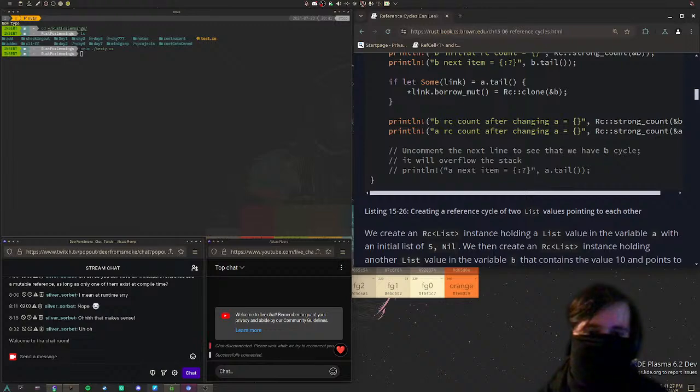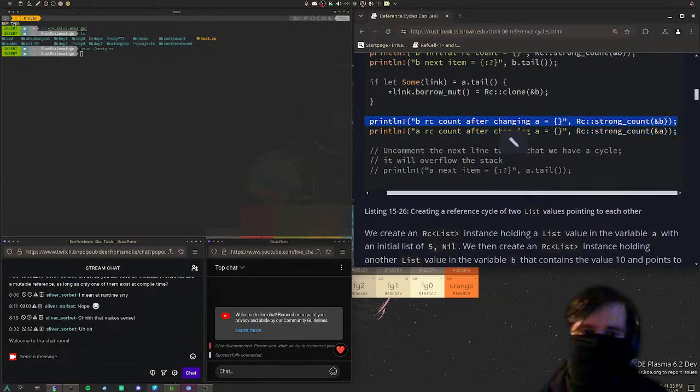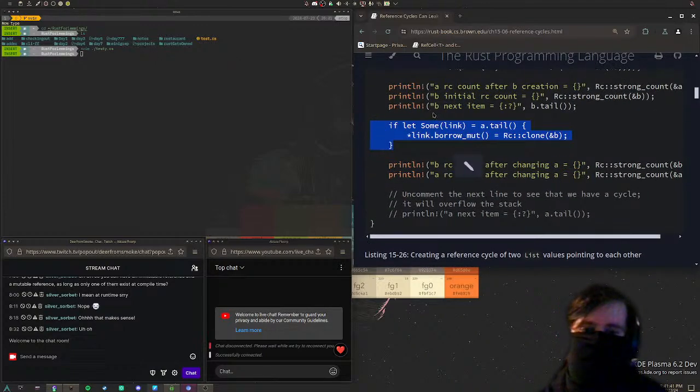Uncomment the next line to see that we have a cycle. It will overflow the stack. Println, a's next item equals a.tail. Right, so the count is, I'm guessing, 2, and that's 3. Alright, so what's going on here is that we have an item, and then we have an item which refers to the original item. Then we have an item which refers to,